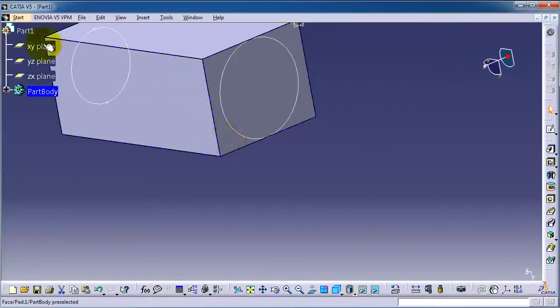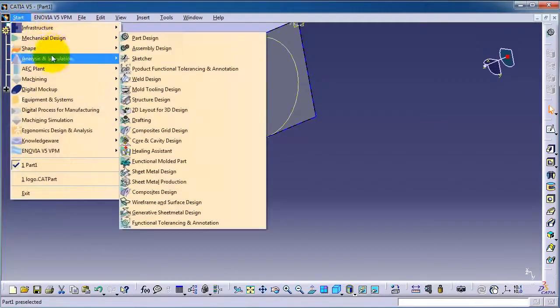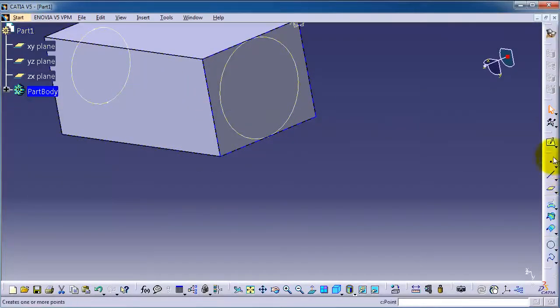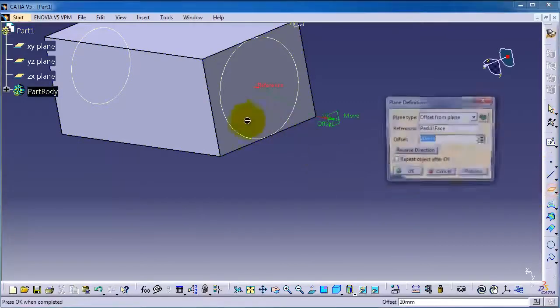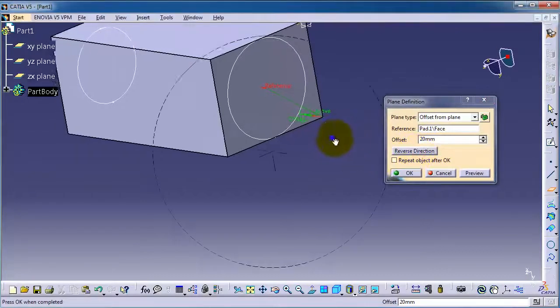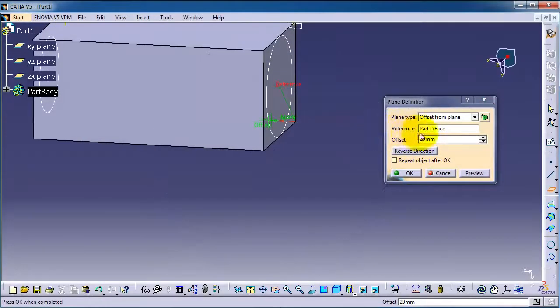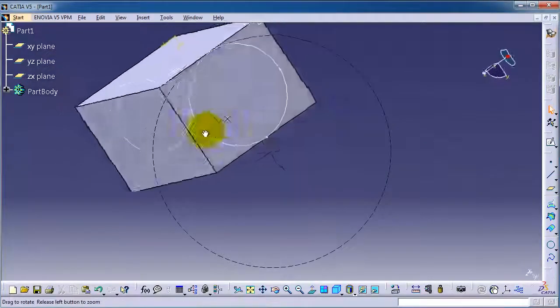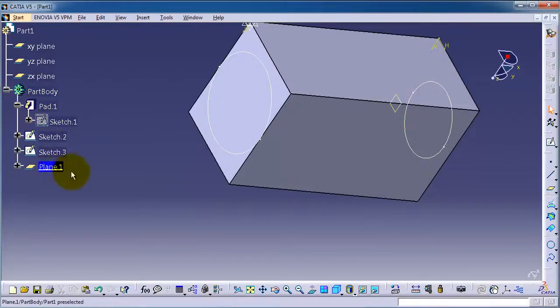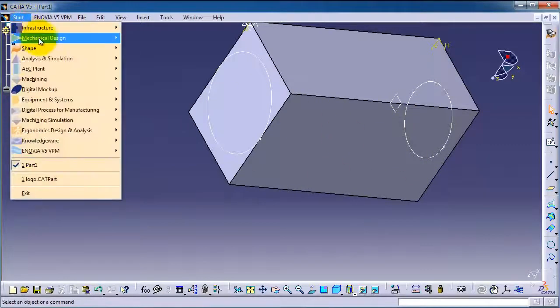Let's click on this surface and go to the Generative Shape Design to get this icon, and let's make an offset, reverse direction, and make it 100. Preview. Okay, now we have a plane in the middle of that block. You can find it here. Let's go back to Part Design,